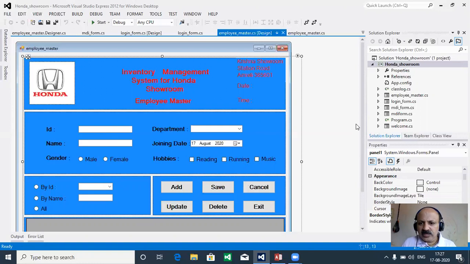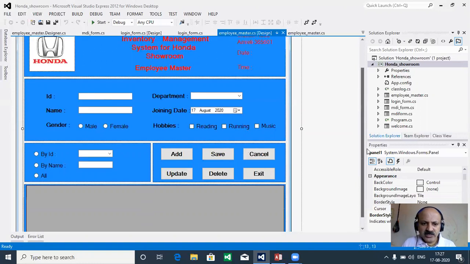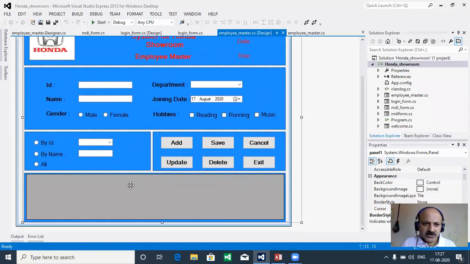And now the target of this video lecture is that we select the first record in the grid. When we click on this grid, the appropriate record appears, and we can perform update and delete operations. So we have three codings here. First we select the record, then update and save, that combination. So add and save and update, and that update query we write in the save button, and then we can